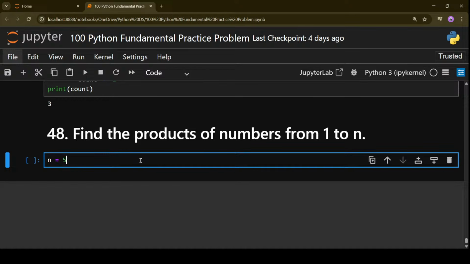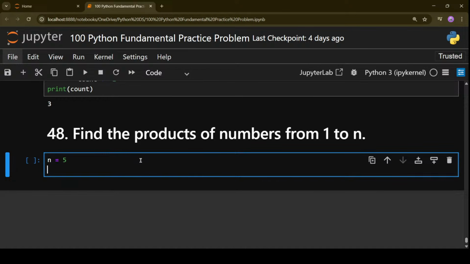Those who have started, it's very good. Those who have not, remember what I told you in the 47th problem: whenever you get some product or count kind of problem, first of all, your task should be to initialize a variable. This problem is for product, so first of all, initialize a variable. That variable will be responsible for doing the product. Now let me also start writing the code. Let's say I have taken one prod, a product variable.